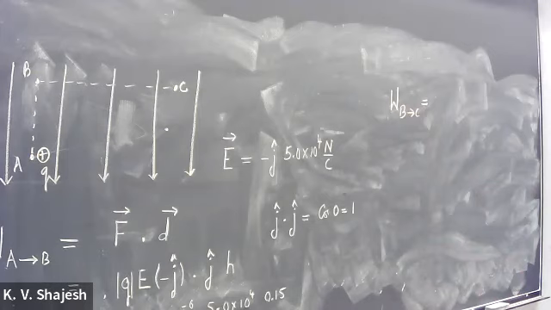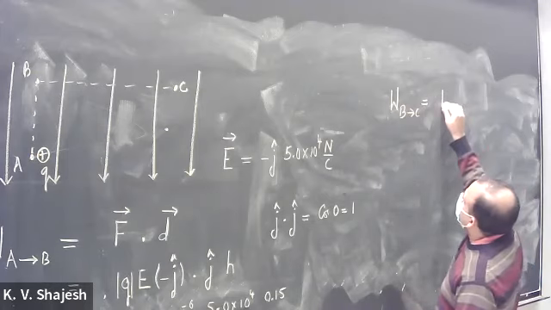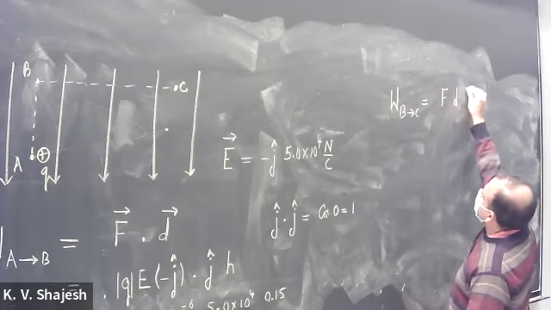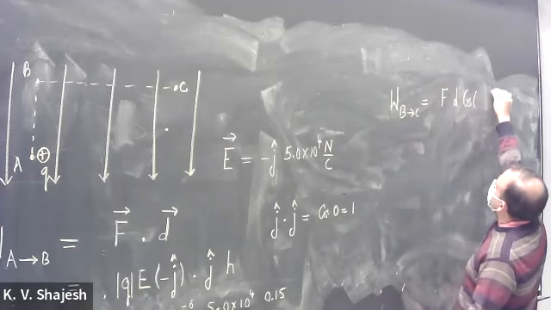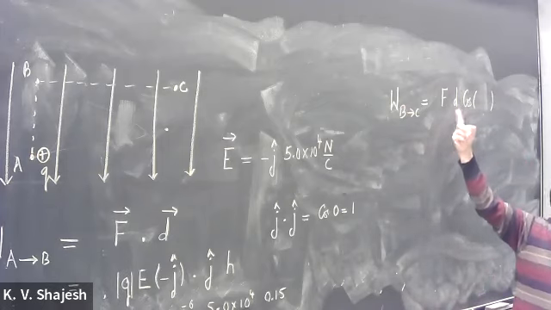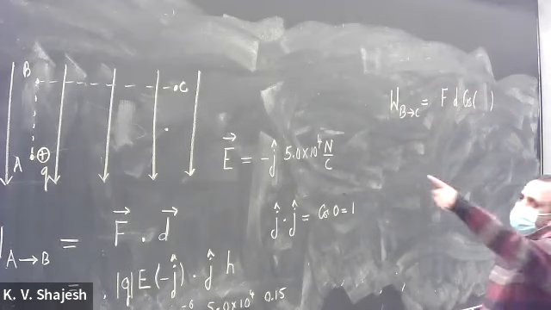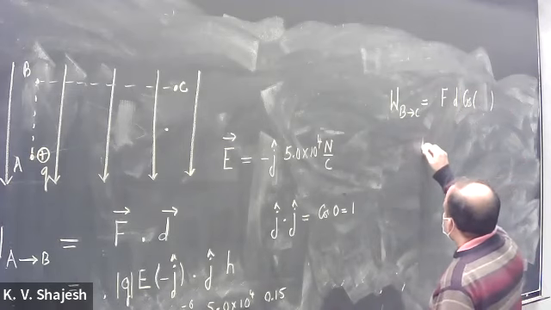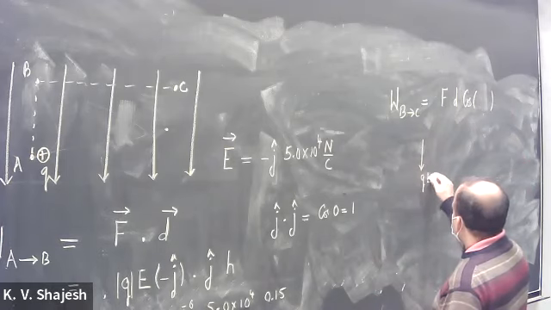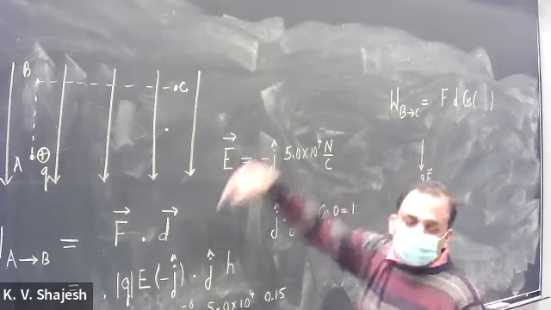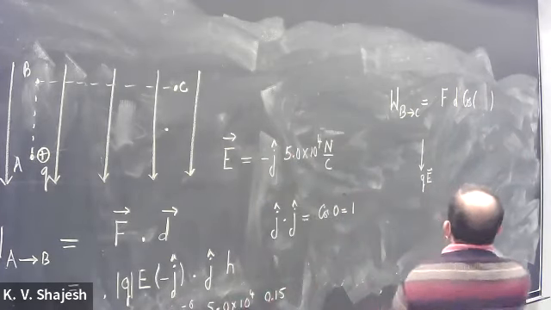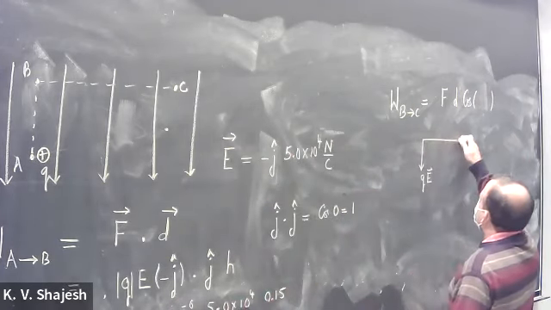This time, the force is F, and the displacement D times the cosine of the angle between them. This is the angle between the displacement and the force, and you again see what is happening. The force is always Q times E. It's in the direction of the electric field. Electric field is always pointing downward, a positive charge is always down. But the displacement D is in this direction now.